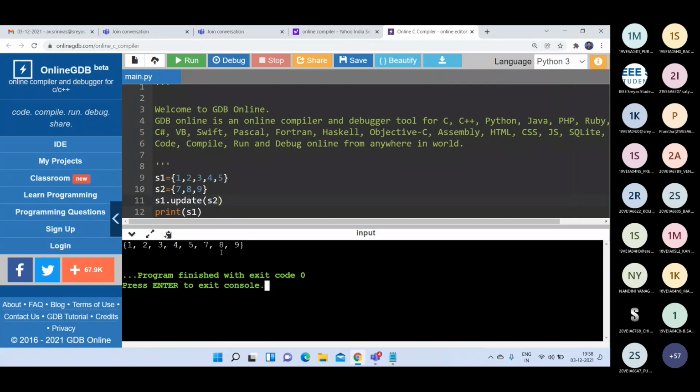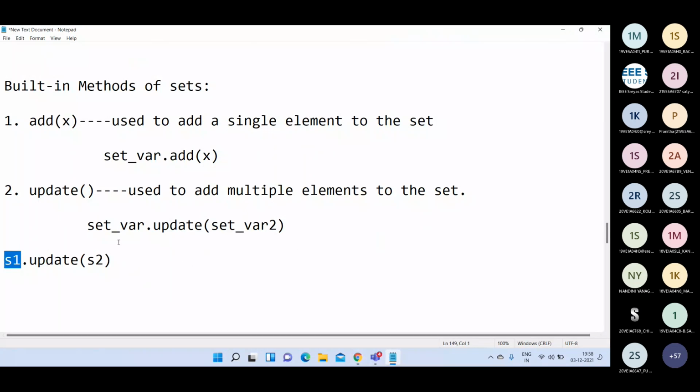Clear? So if you want to add a single element, you can use the add function. If you want to add multiple elements, those multiple elements should be stored in one set, and that set is directly added to another set by using the update function.